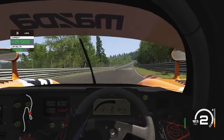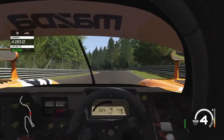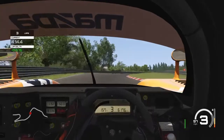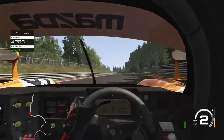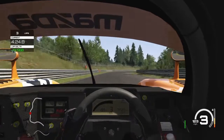see taking a while before I can get full throttle, especially in those lower gears with the torque about, but back up the gears we go, throw it into the left-hander. I'm going to come down a gear into this tricky section. Now, I've mentioned this before, I get really frustrated in this section. You can see the car again, just trying to break loose on me through the braking zone there, and then one more time up through